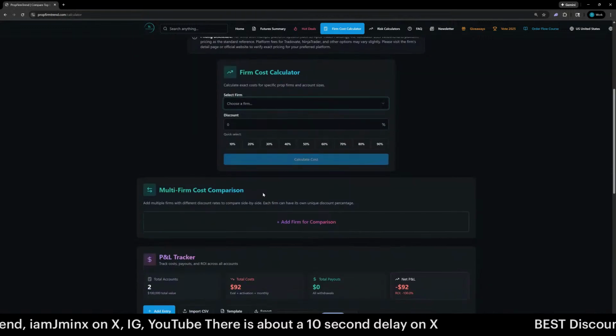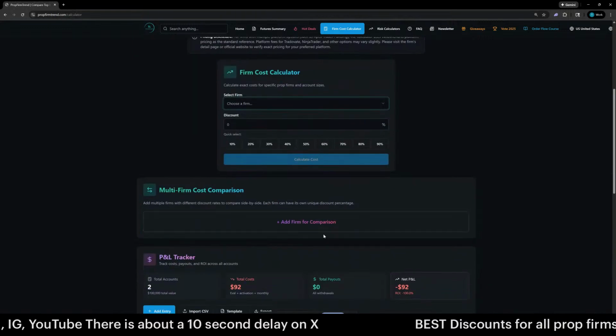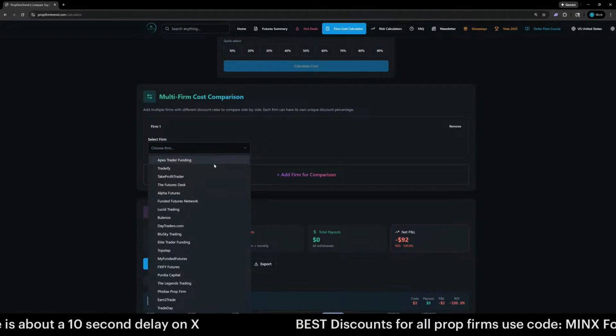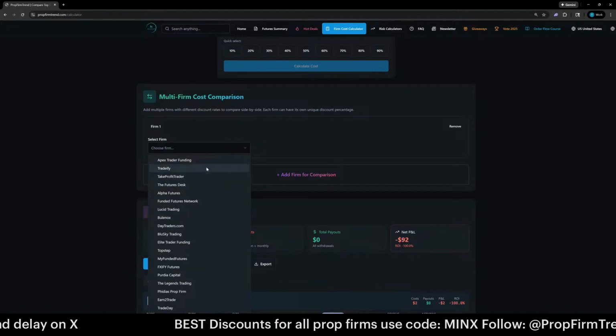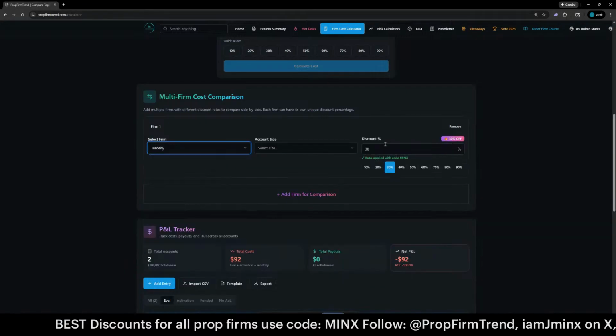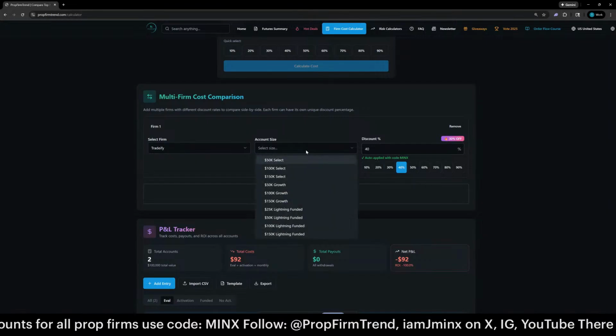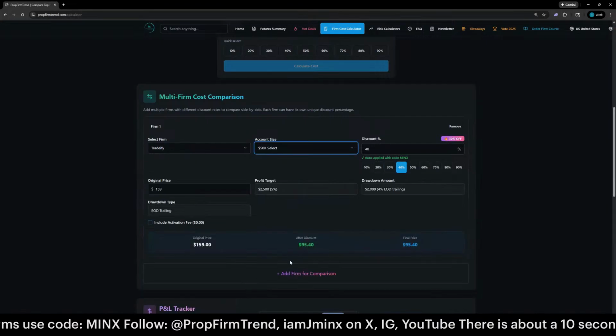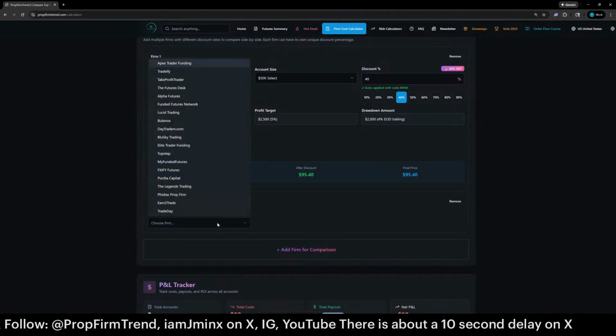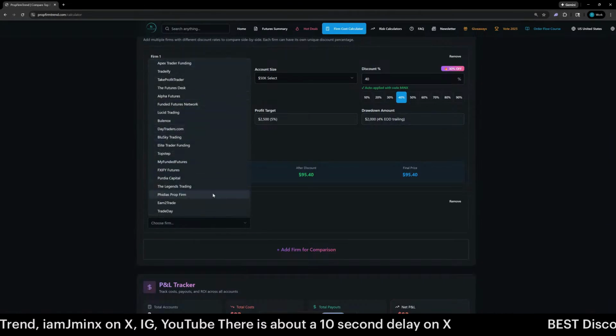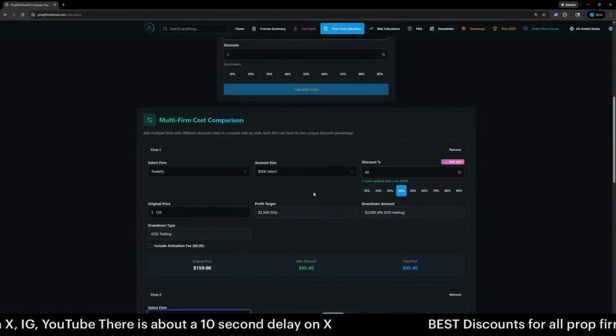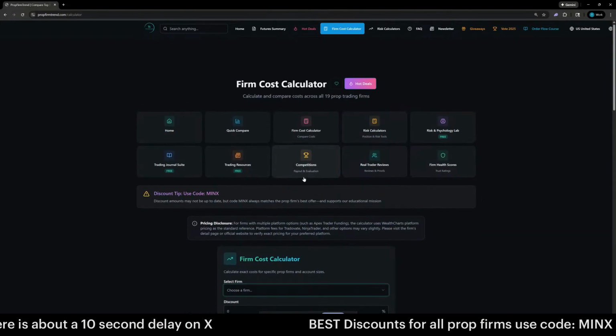That's also where you would go, and you can compare different firms, obviously, Tradeify with whatever their discount is versus Top Step or versus Futures Desk, whatever you want to compare it to, you can do that on here. Another thing that I've added since last time